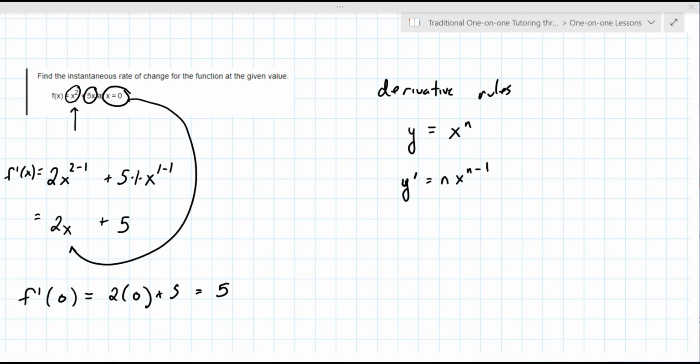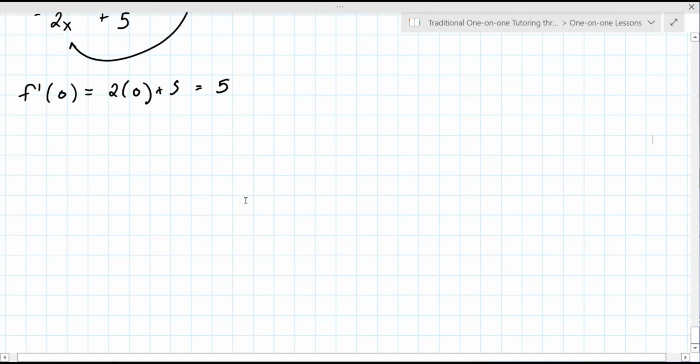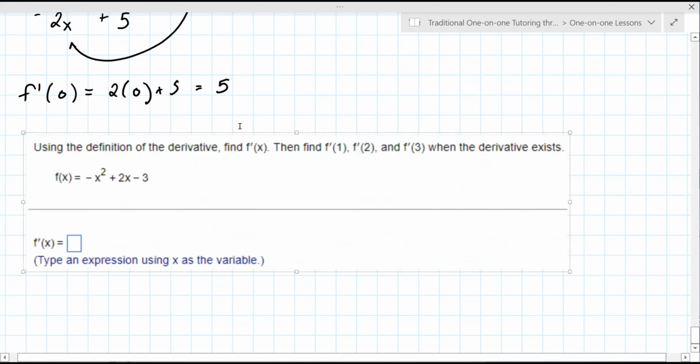So it's good. In the classroom, they teach you this sort of longer way to do it. To start, we're kind of cutting through that a little bit. And we'll go on here. So this is yet another power rule